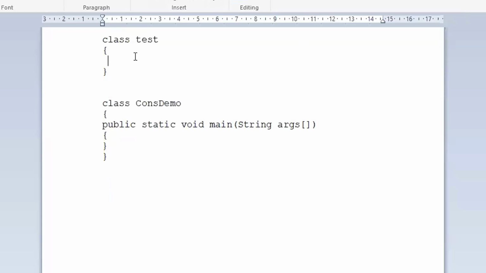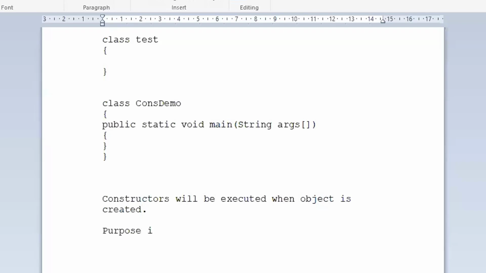Point number 1. Constructors will be executed when an object is created. Let me write the points so it will be clear for you. Constructors will be executed when an object is created. This is the first point. What is the purpose of it?